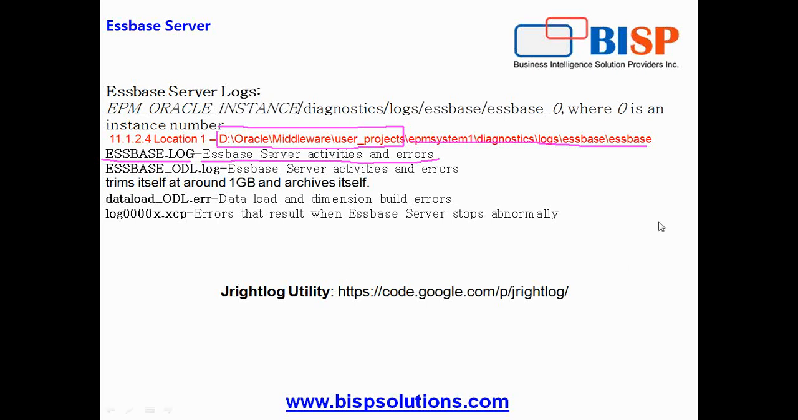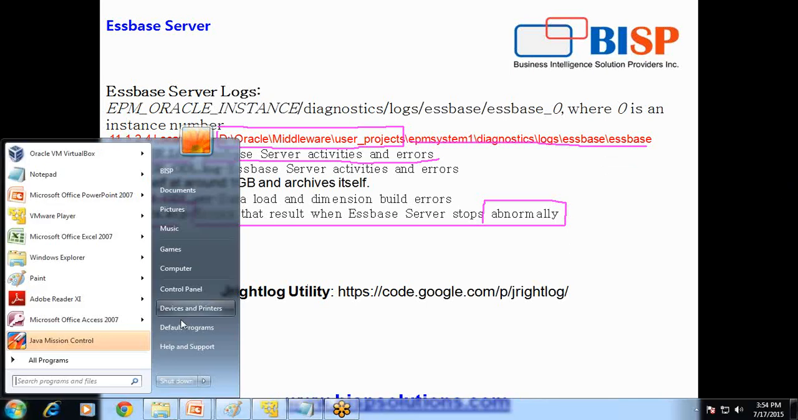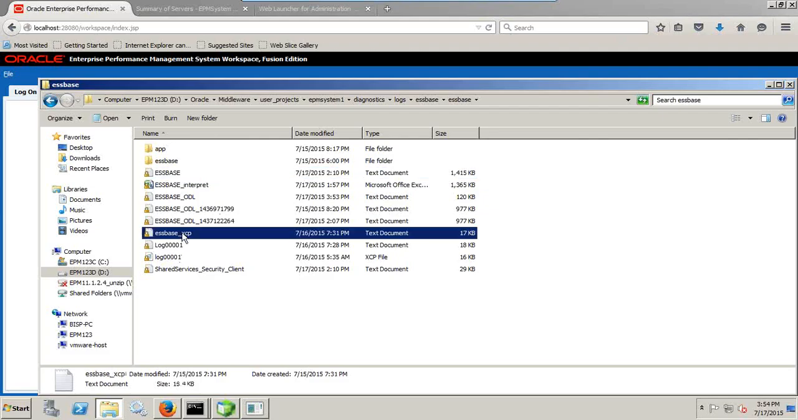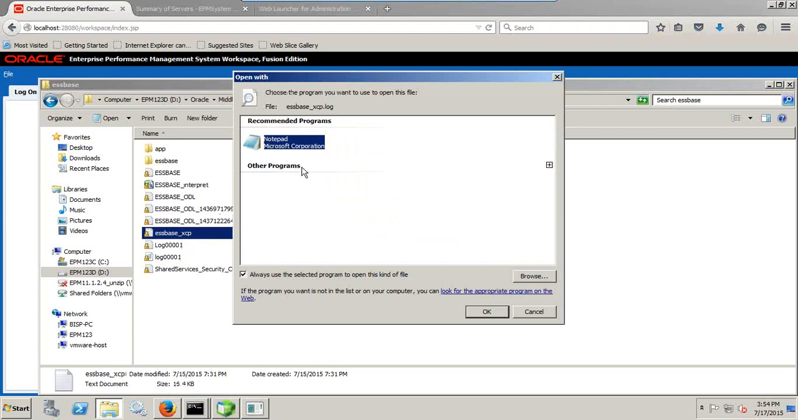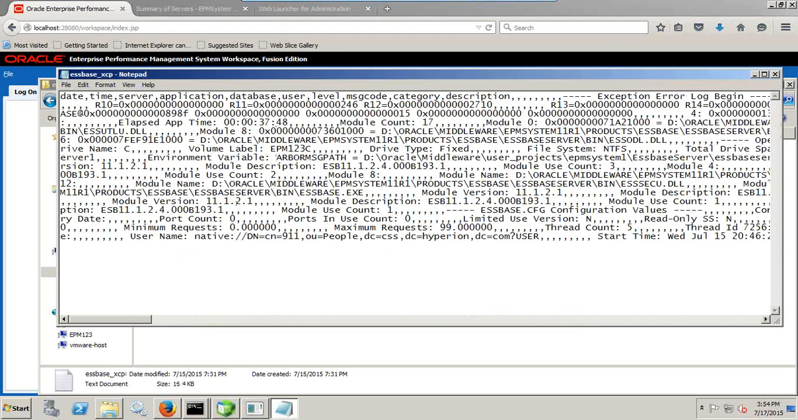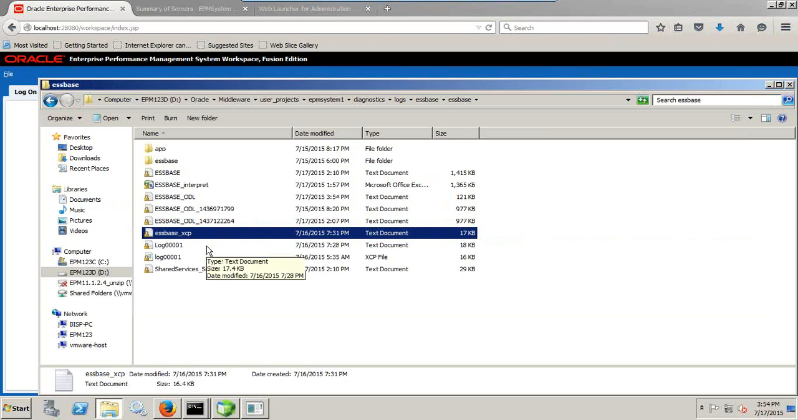We also have one of the most dangerous log files, called log000x.xcp. It records errors that result when the Essbase server stops automatically, abruptly, or abnormally. When the Essbase server crashes, this log file gets created. All these log files are available under the path which I showed you. This is my log file. It maintains information about various hexadecimal codes which describe the causes of your Essbase failure. Maybe you need to supply this log file to the Oracle support team when you're unable to figure out